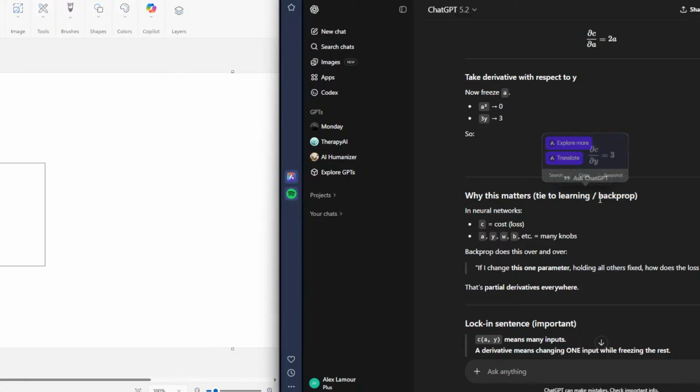Ah, backpropagation. We're gonna look at that very soon. Cost equals loss. Many knobs. If I change this one parameter holding all this fixed, how does the loss change? Okay,